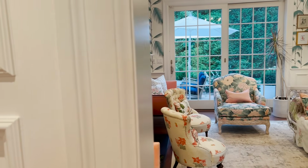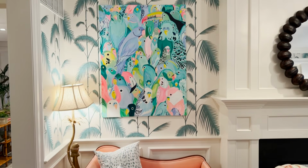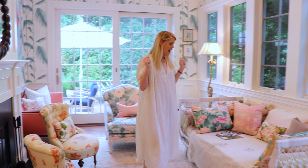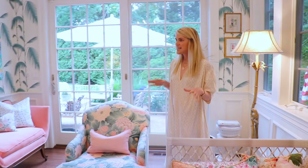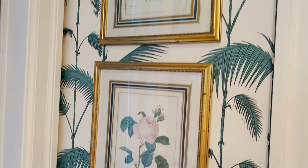So this is what I like to call my ladies' lounge. And I didn't know how I was gonna use this space when we moved in, but over time, after dinner, my girlfriends and I have come in here for a glass of wine or a margarita and some really good conversation. So I've learned to enjoy it as a little after dinner place to spend some time with my friends and catch up, or just during the day, read a magazine. It's a little Palm Beach, granny, Golden Girls all mixed in together with my two favorite colors, pink and green,